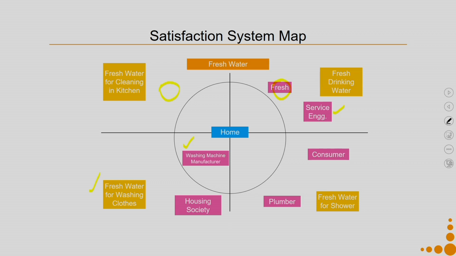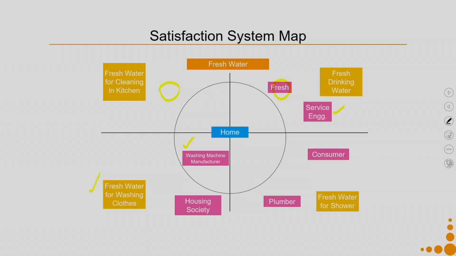Can I optimize the usage of water, or can my washing machine manufacturer design a machine in whose case the grey water can be utilized for some other purposes and so on. In case we have a certain kind of idea, then we can say that the washing machine manufacturer can also be an actor, but that actor is inside the circle because that is specific to my fresh water for washing clothes region. Not necessarily do you have to have them; it is in case you want to have them and you have an idea how you will incorporate them.